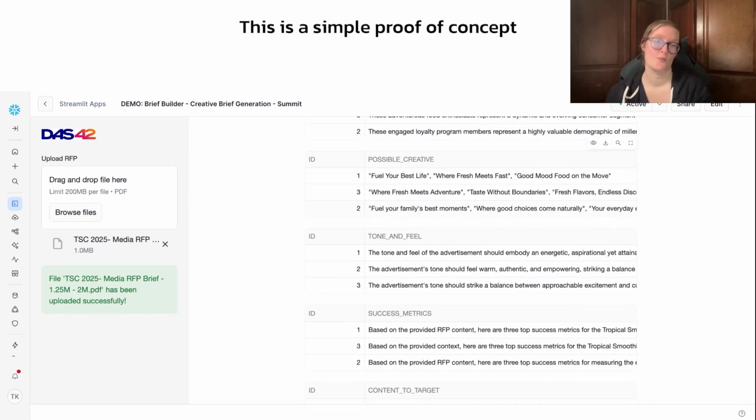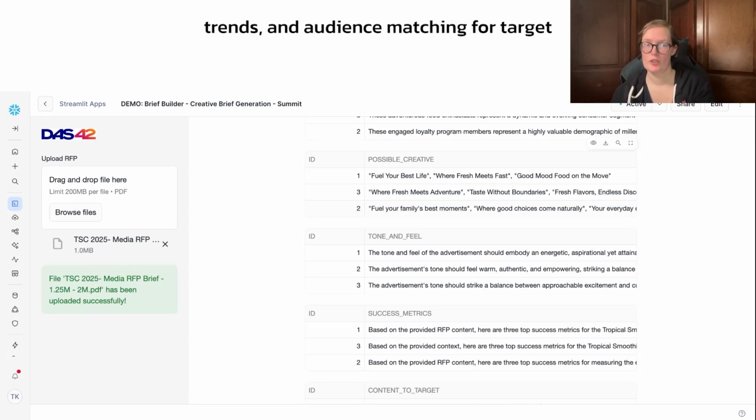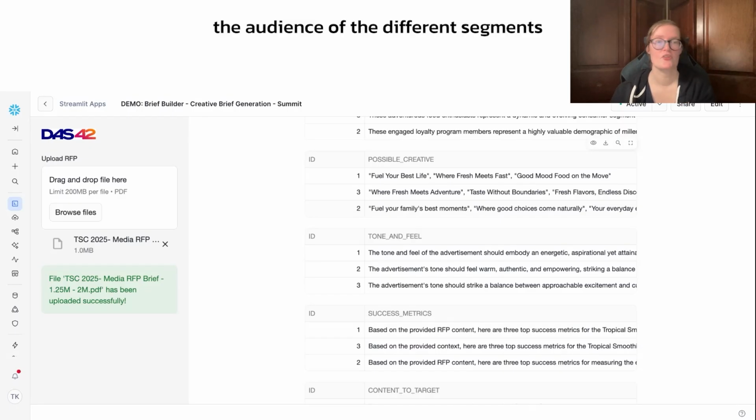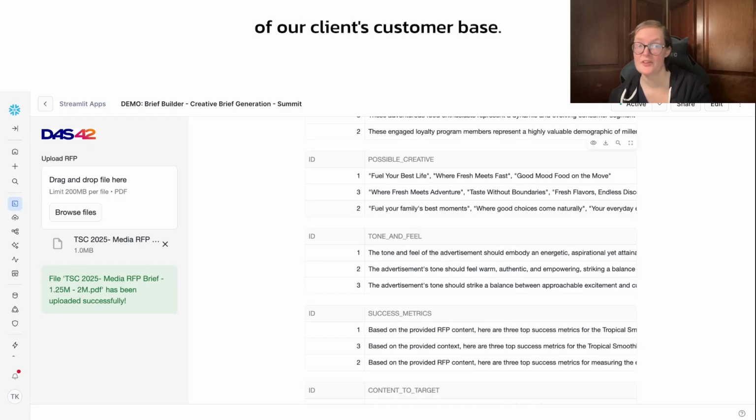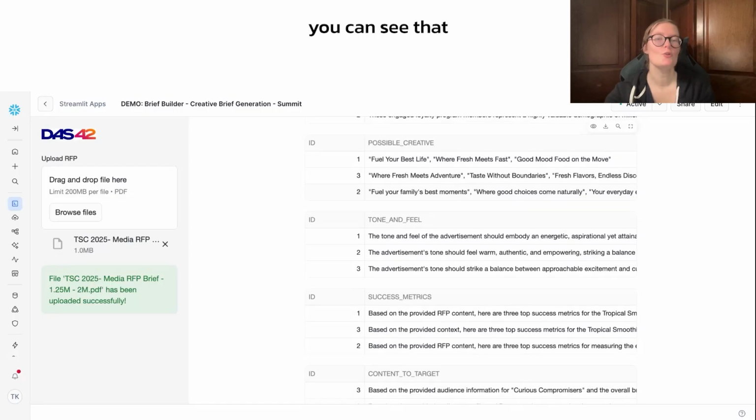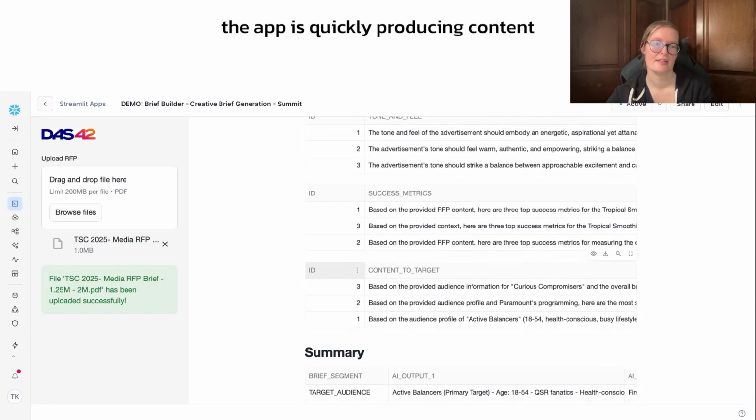This is a simple proof of concept for what will become a more dynamic and interactive process. In our end state, what we'll see is that the ad creative team member can come in and approve, edit, or replace each piece of content before moving on to the next section. And there will be additional data sources that will underlie this tool, such as brand profiles for common partner brands, social network trends, and audience matching for target audiences of the advertiser versus the audience of the different segments of our client's customer base. But for now, you can see that the app is quickly producing content that's informed by the context it was given,